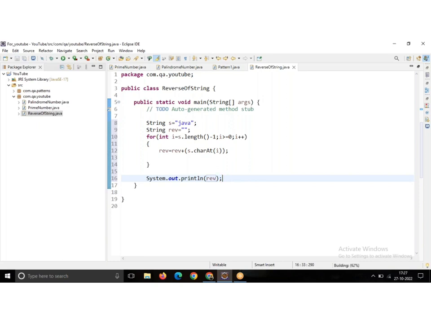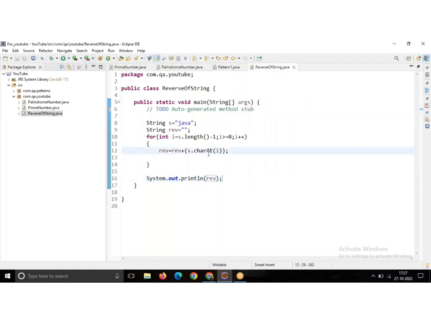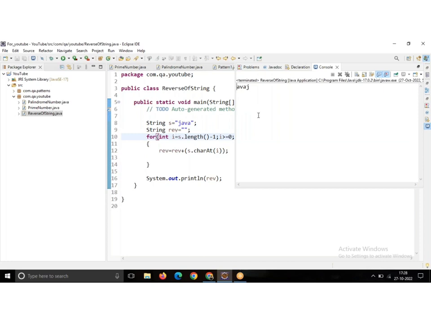Now control S, here I am saving the program, and when I am running this program, sorry, here we need to give a decrement. Sorry for that. Now we got the AVAJ.